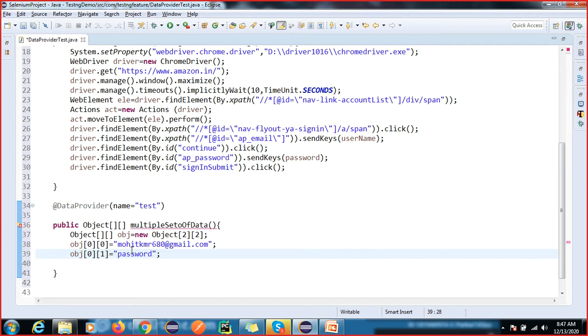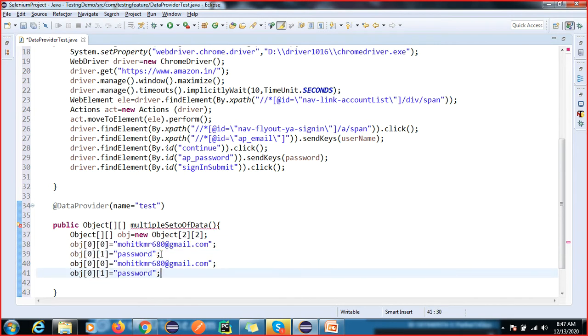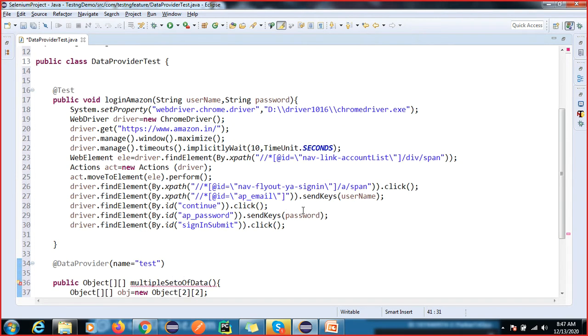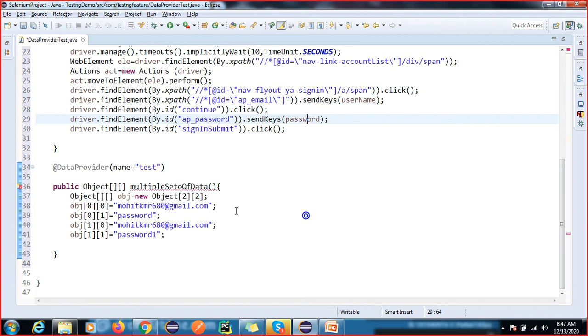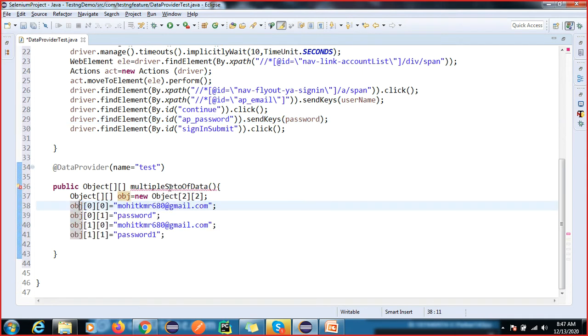Okay, so now again I'm going to give the second data here. Second data, again password same, just the value here is 1011. Got it, right? So this data we are not hard coding here. We will read multiple sets of data from here. A return type you have to give, so it will return the obj.